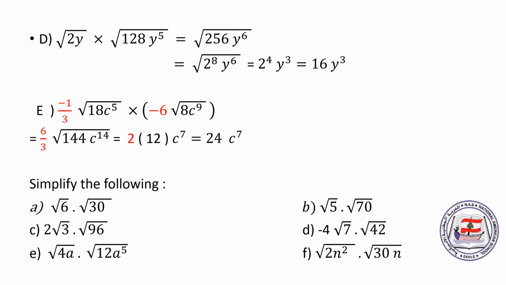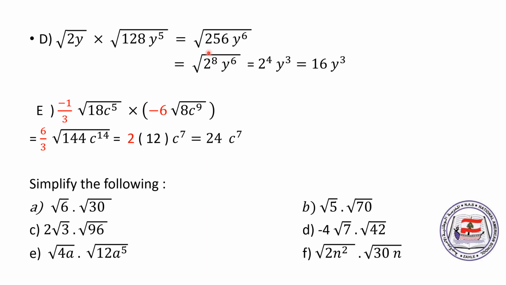In example D, square root of 2y times square root of 128y to the power of 5. First, we need to multiply 2 by 128, we get 256. Then y by y to the power of 5 gives y to the power of 6. Writing 256 as a product of prime factors,